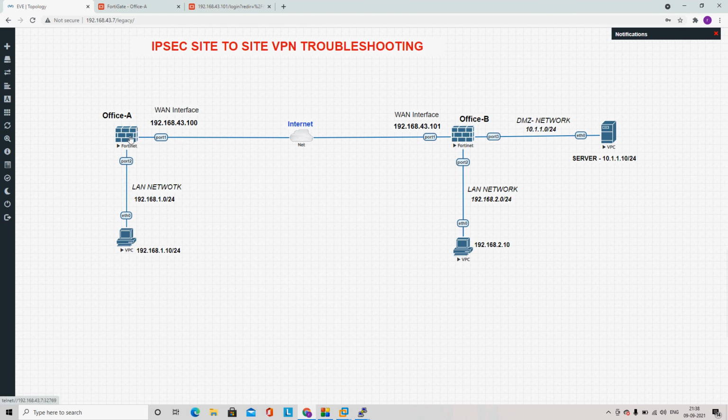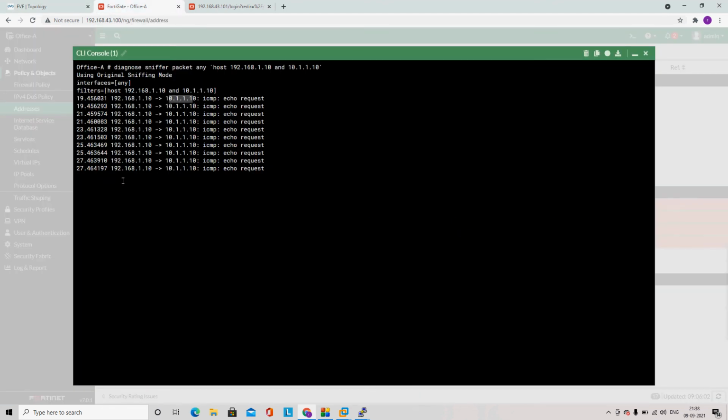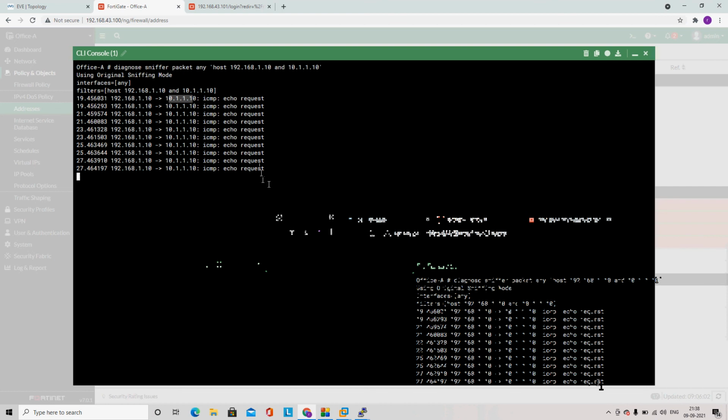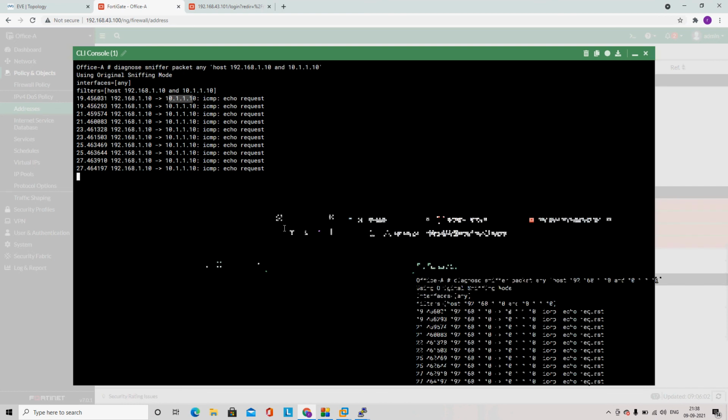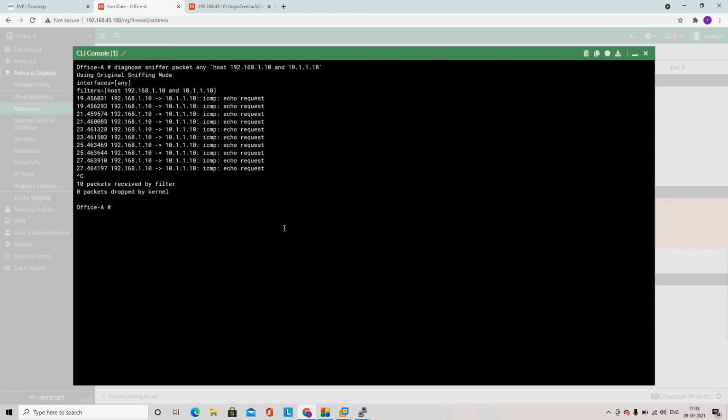because it has to send the traffic towards the IPsec tunnel, right? Because this subnet 10.1.1.0 will be accessible from the IPsec tunnel. So we can see that we are not getting the ICMP reply. So let's run the debug command now. Let me cancel this ping and run the command diagnose debug flow filter